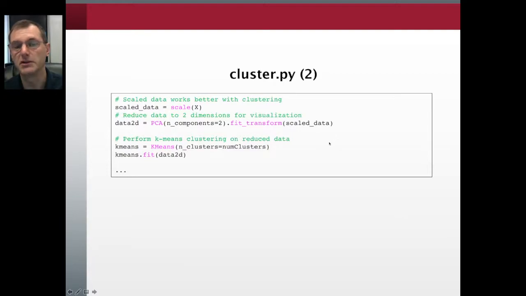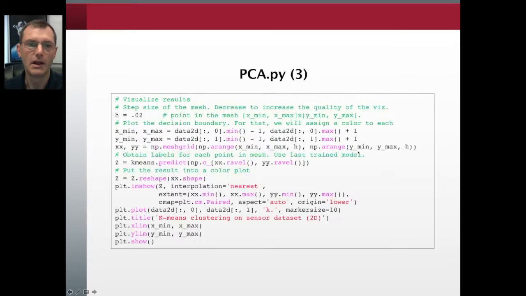This approach is a little bit more efficient because the clustering is operating on fewer dimensions, and typically we get about the same result anyway. So we tend to project the data down to 2 dimensions first before we do the clustering. Lastly, we want to visualize the results, and this should look similar if you remember the module we did where